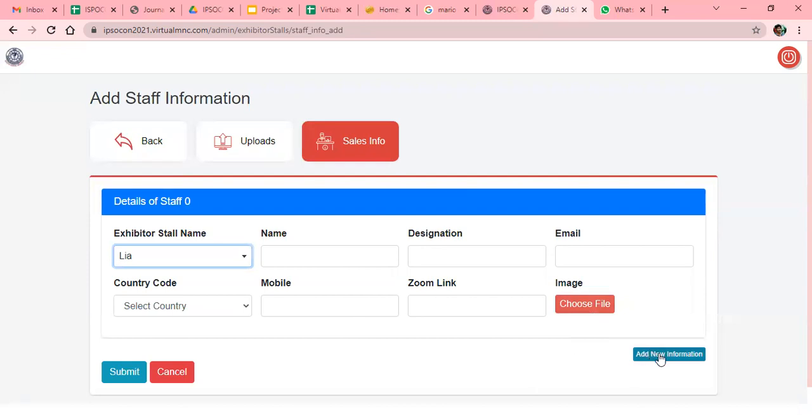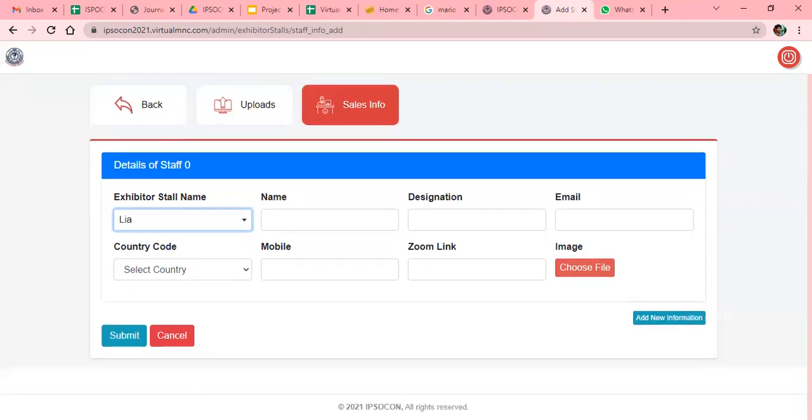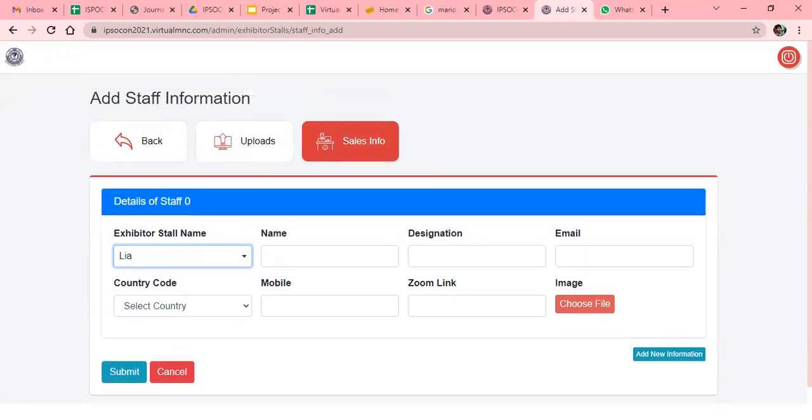So here you can add 10 sales persons' names. Sorry, 5. So by clicking on this tab, you can add your 5 salespersons' details here. It will be saved on the front end as a digital business card, where the delegate can download and save the contact details on their system as well as their mobile.